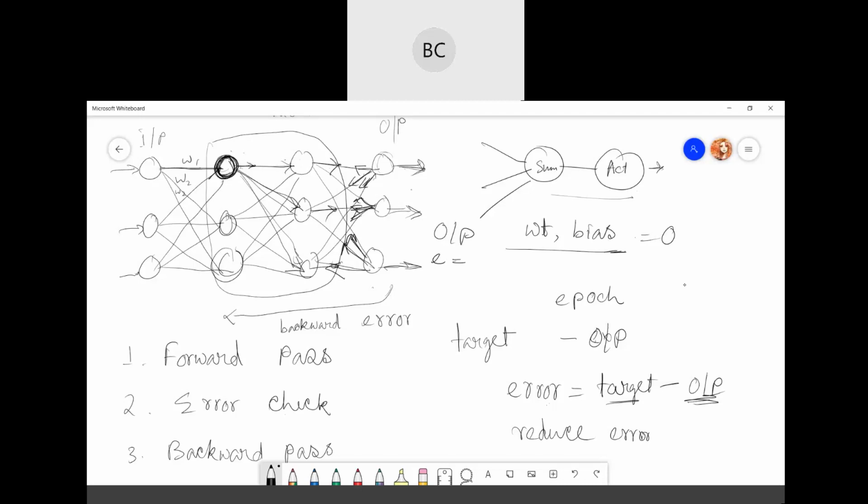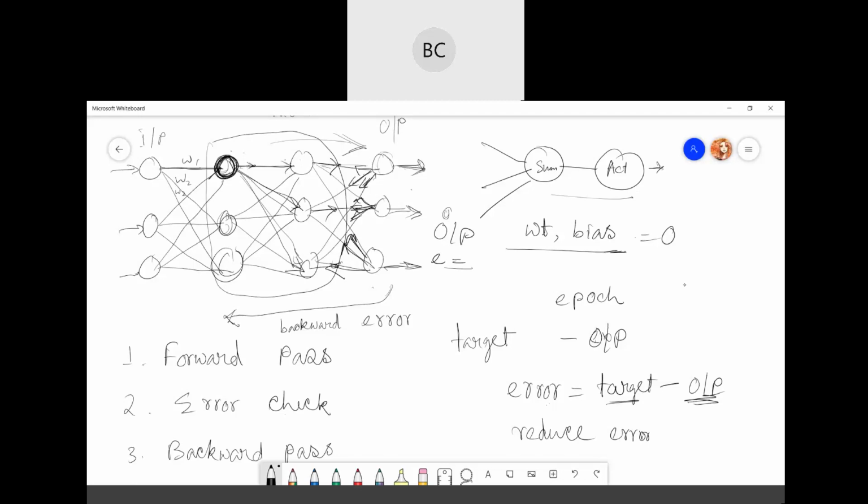The backward pass goes up to the first hidden layer. Then it calculates another output and feeds forward again. In the next epoch you get another output and check the error again. If the error is still too high, it is sent back to the hidden layers again.